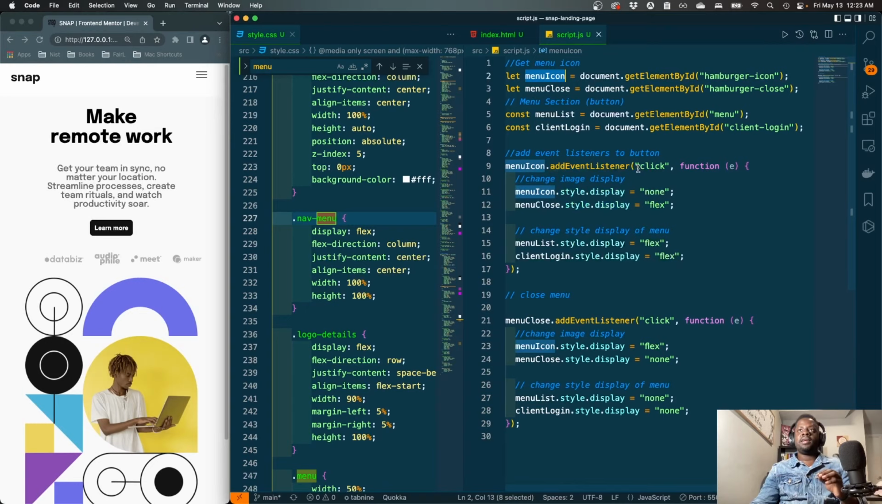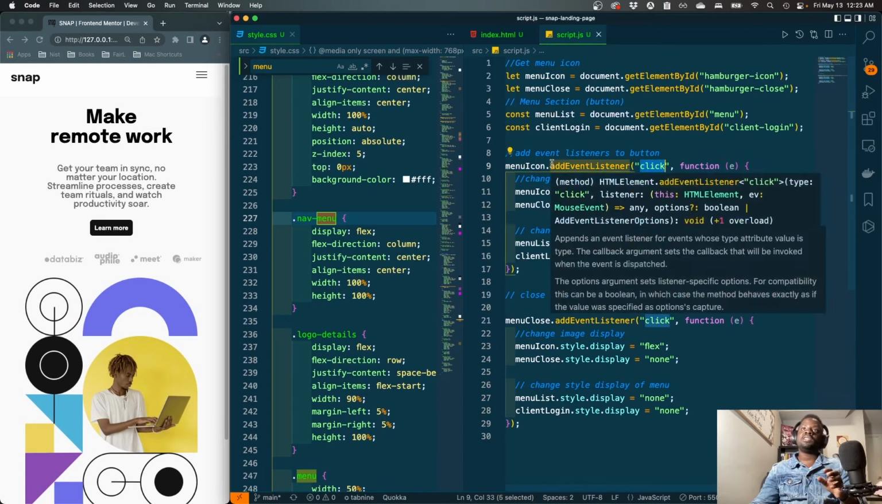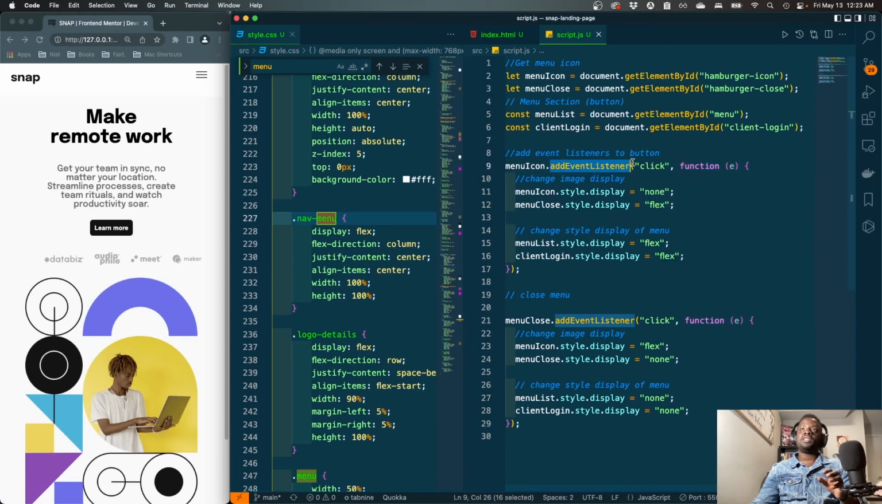The event listener function takes two variables: the type of the listener, and then the function that is going to execute what you want that event to do. Make sense? I'm pretty sure it will. So we are saying the menu